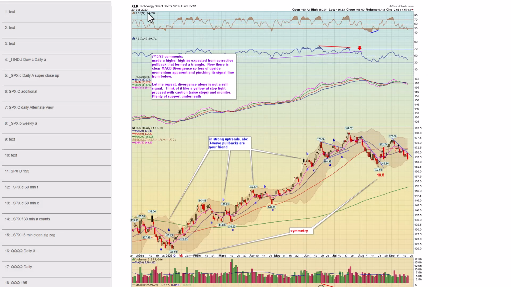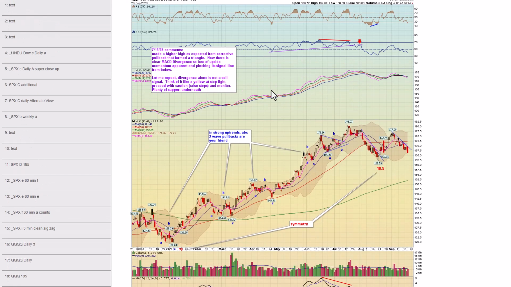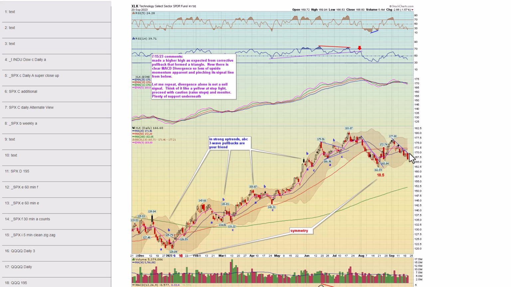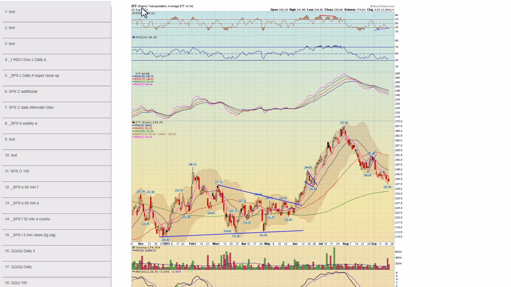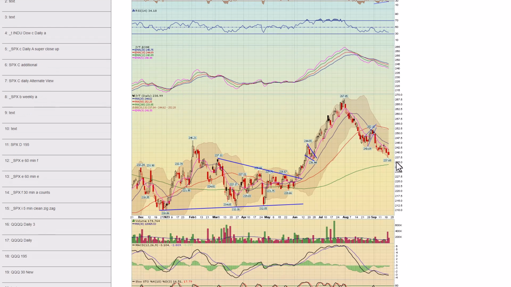Looking at a couple sectors here, not going to look at all of them, just a few. Here's XLK Technology, contains those big cap tech stocks. Selling off here, as you can see. Next, chart 41, IYT Transports continues moving down. Remember the bear wedge we talked about? And I talked about that 200-day moving average isn't very far. Likely a magnet here in the short term.